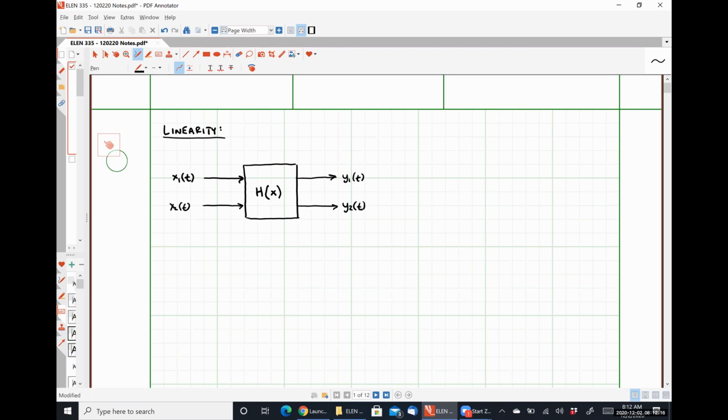What I'm describing here is just a generic system that could be composed of resistors, capacitors, inductors, diodes, et cetera. If we have some input x1 of t, our system acts on it, giving us an output y1 of t. And for an input x2 of t, our system acts on it and gives us an output of y2 of t. If this system is linear,